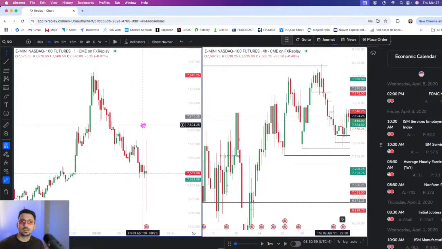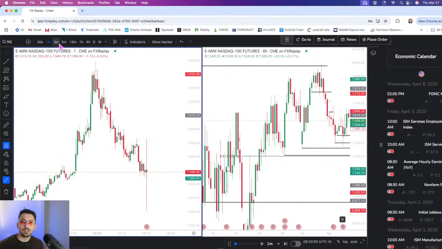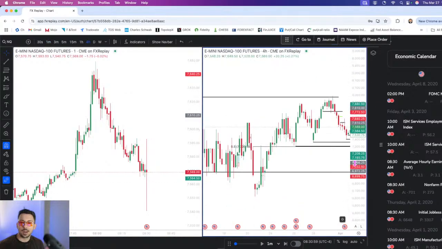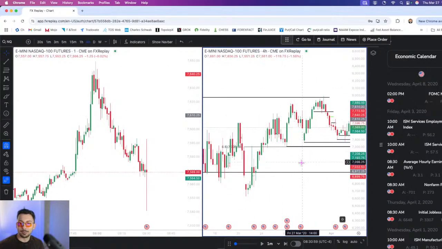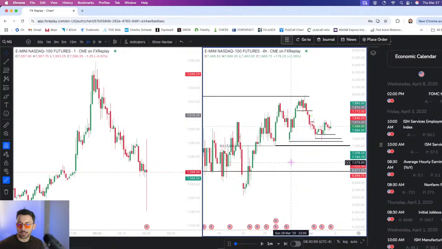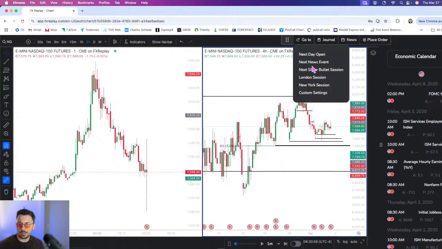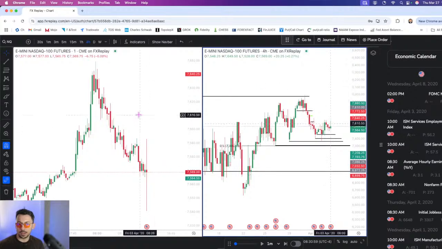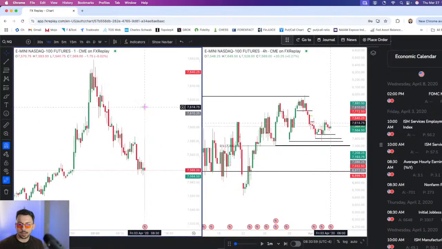So on the left side here, you can see is my 1, 3, 5 minute chart. And then on the right here, you can see my 4-hour. And then what I did is I have, under the go-to tab, the London and the New York session, but I have the London starting at 8:30 a.m. It's not actually the London session, so that if we get a data candle setup, we can take it. And then the New York session will start at 9:30. So what I'm basically going to do, guys, is pan through the 8:30 a.m. and then the 9:30 and see if we can get a setup.